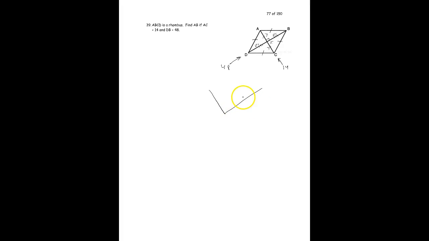let me erase that. The one I'm drawing here is the top right triangle, so A, B, and what I've called the center point F. We know that that piece is 7, that one is 24, so these are each half of the diagonal. Here's the rest of the rhombus if I was going to sketch it in. And you could recognize this as a 7, 24, 25 triple, so that side would be 25,